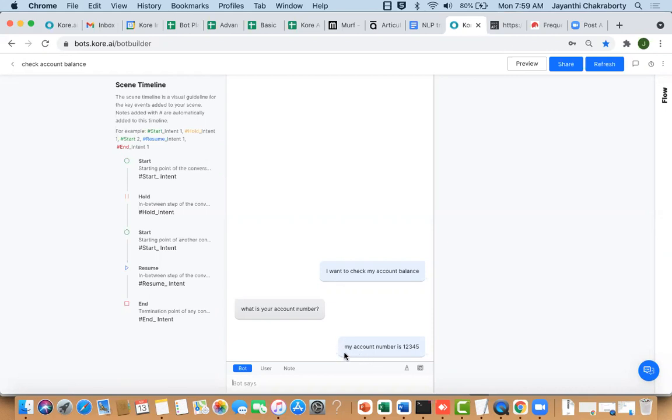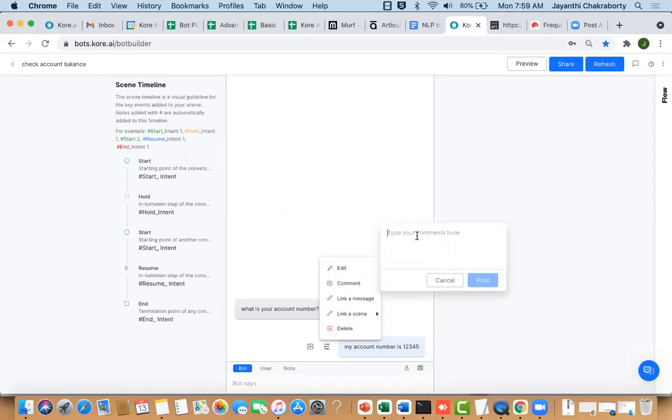And for that purpose, what we do is we click on these 3 lines over here, and we add a comment against this particular message. So you just click on the comment button over here, and you can add all your comments. As a business analyst, you can define all the rules to be implemented at this stage to validate that input coming from the user. Something like, I just put it simple over here, account number is a numeric input. But you can define all your rules over here,